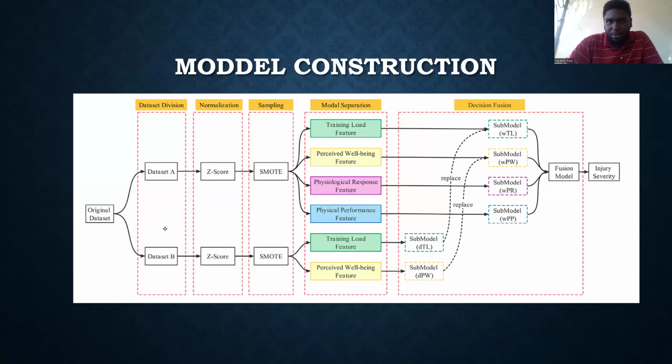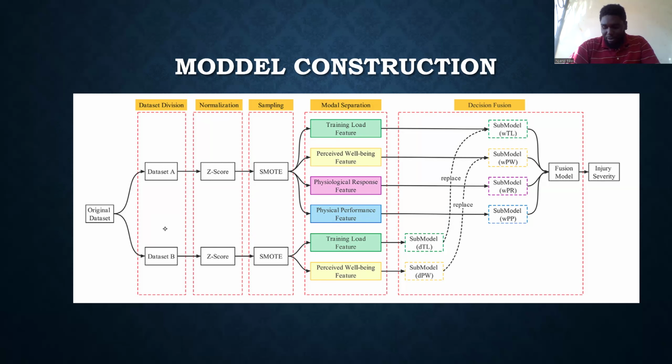So, model construction. As you can see here, we have four modalities: the training load feature, the perceived well-being feature, the psychological response feature, and the physical performance feature. These come from dividing the monitoring indices. Now, using LENCI as a dependent variable in the next week, the multimodal fusion model construction process involved